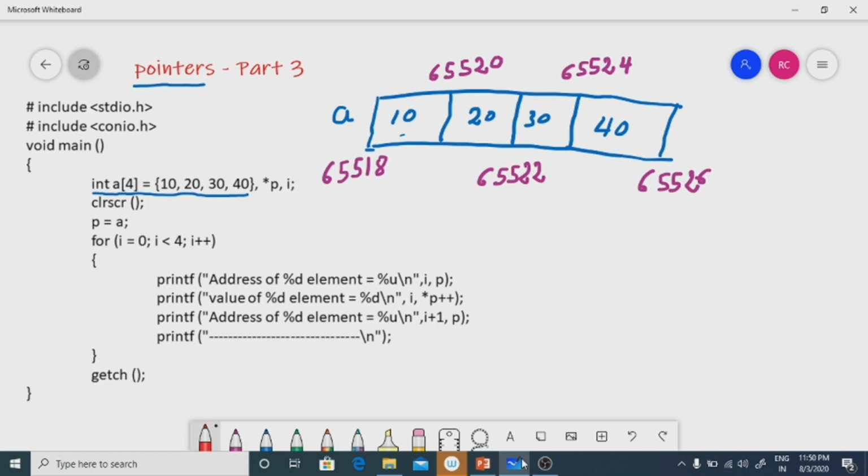Now this is the 0th element, this is the first element, this is the second element, and this is the third element.